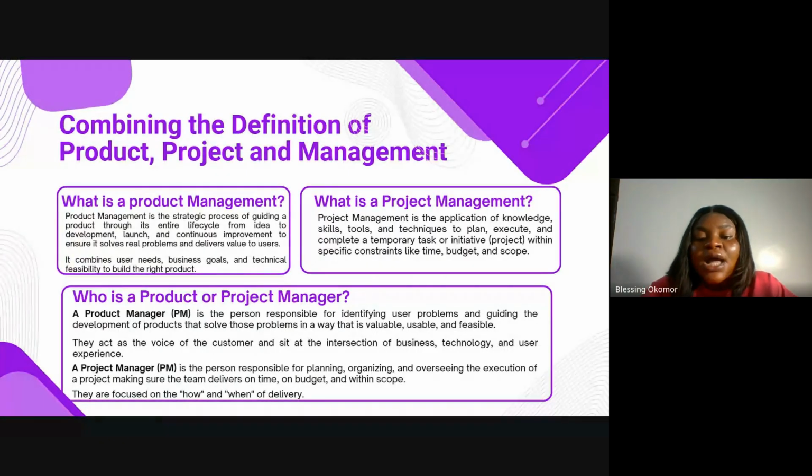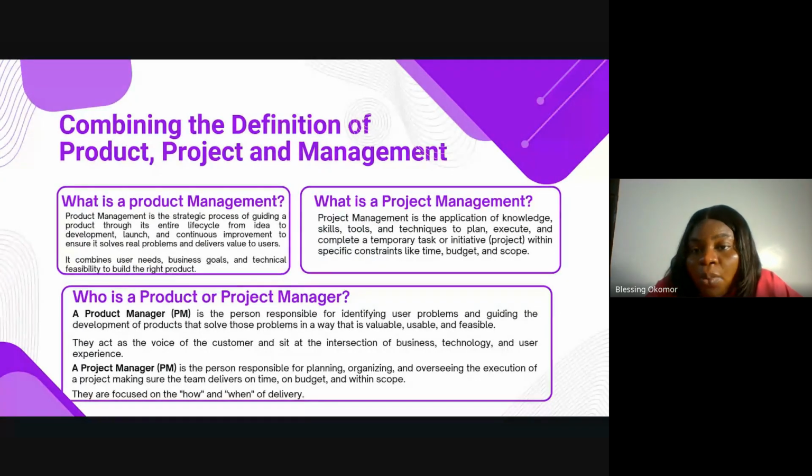Then the project manager will come in to ensure that that InDrive app is launched successfully. If the investor building InDrive says my budget is 5 million, the project manager has to plan that application within that 5 million. What is the duration? Okay, looking at the constraints, because of the budget, we cannot get senior developers, so we go for mid-level, or we get one senior developer and maybe 2 mid-level, right? Okay, let's use this budget. Because of this, it's going to take 6 months to launch the first version, right?